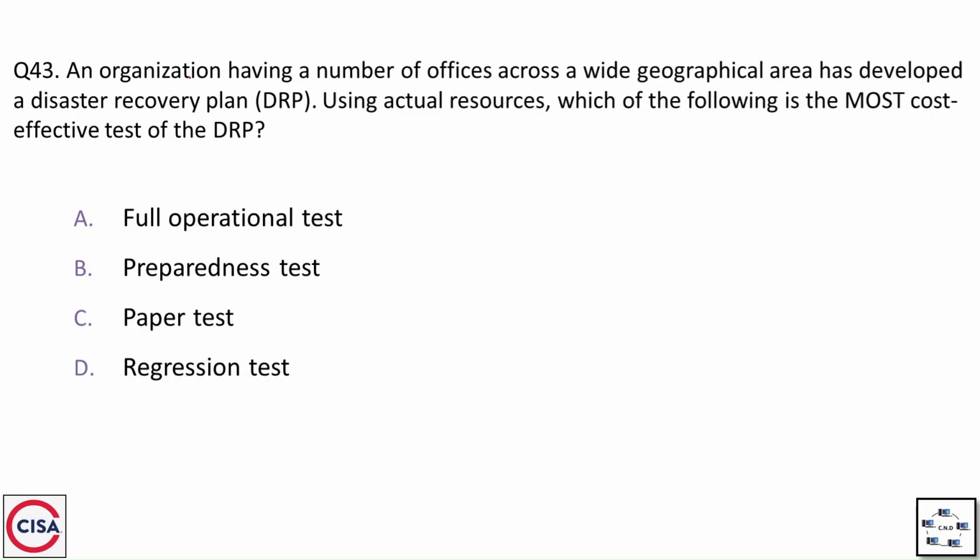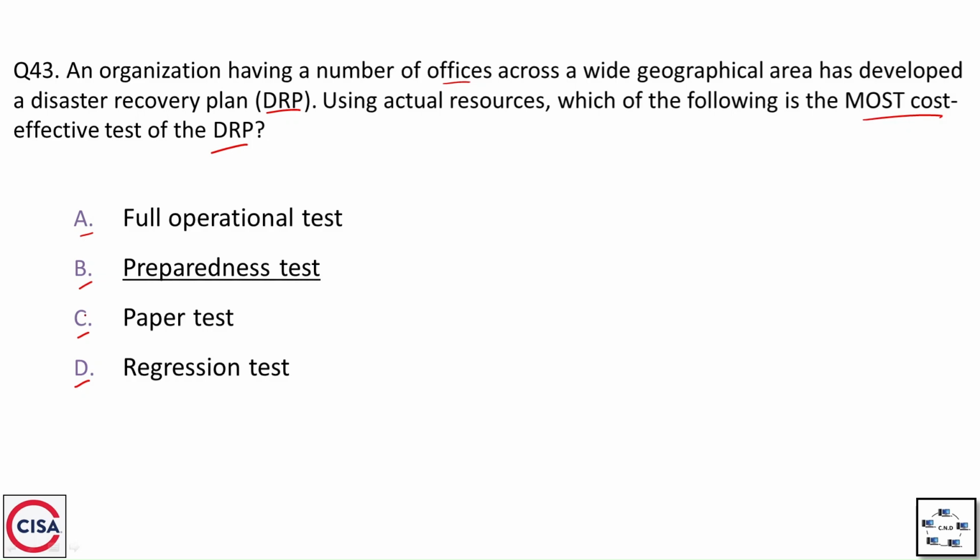Question number 43. An organization having a number of offices across a wide geographical area has developed a disaster recovery plan, DRP. Using actual resources, which of the following is the most cost effective test of the DRP? Option A, full operational test, option B, preparedness test, option C, paper test, and option D, regression test. And the correct option is